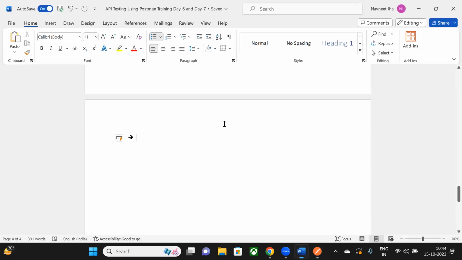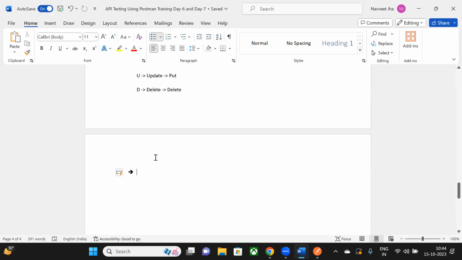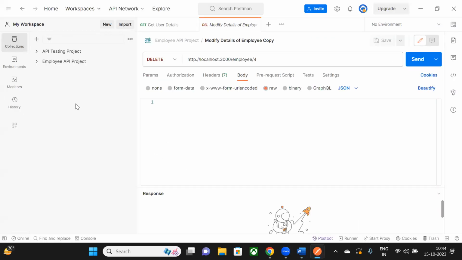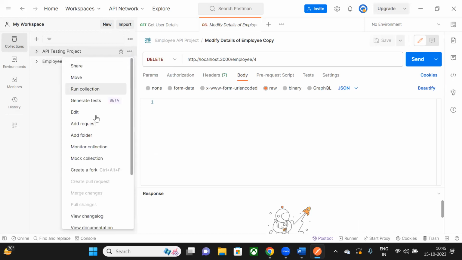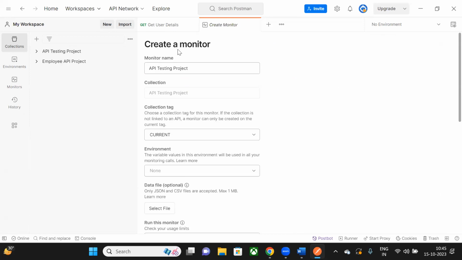And let me write it down. That is monitoring in Postman. So in Postman, we have one option. If this is a collection, here we have two collections, so this is one collection. You can go to these three dots and say monitor the collection. So what the monitor will do is, after a fixed interval of time,